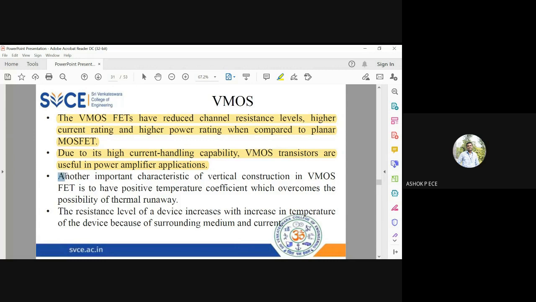Another important characteristic is vertical construction. So vertical construction overcomes the temperature problem, which overcomes the thermal runaway. So it reduces the